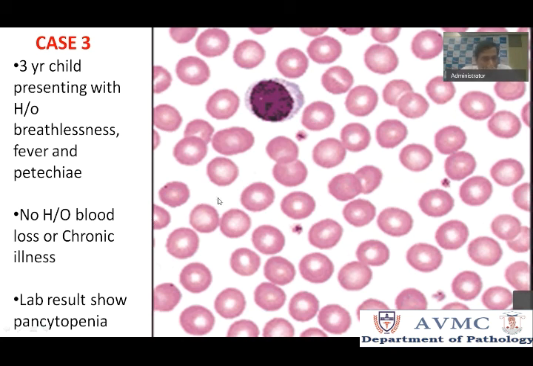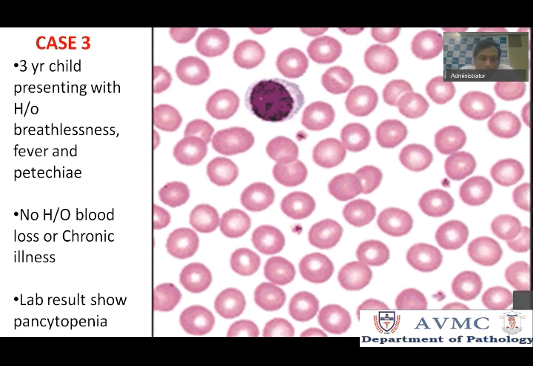So how are the RBCs? Almost normal, right? Compared with the nucleus of a small lymphocyte, almost all the RBCs are of normal size, and even the color is fine. The central pallor is in the amount it should be. So these are predominantly normocytic, normochromic RBCs. So you're not able to find an answer with this peripheral smear. Now what do you need to do?